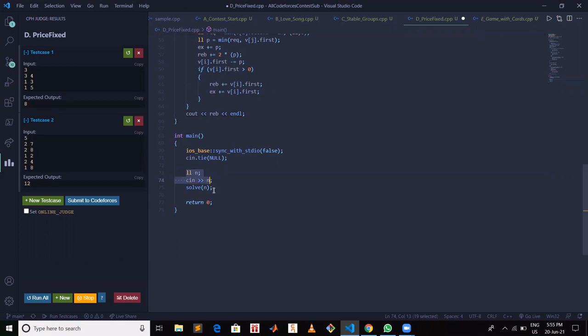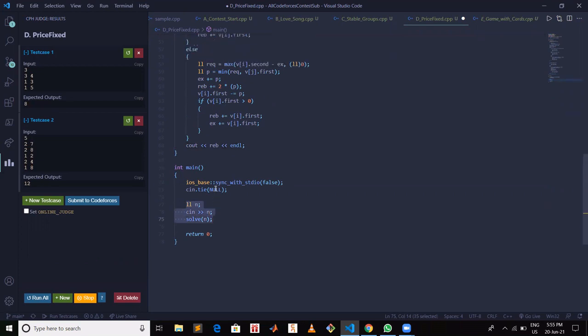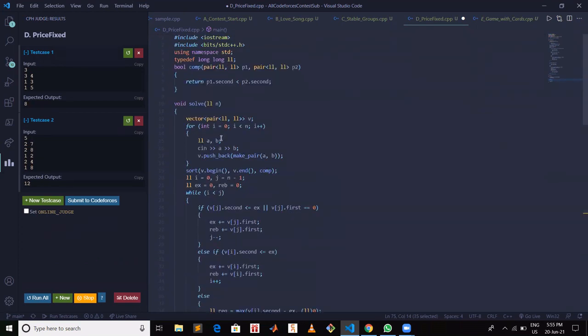All right, so we are getting an integer n, which is the number of products we have to purchase. Then I'm taking input ai, bi in the form of vector pair. So ai is basically the number of items for this ith product, and bi is the experience required for this ith product to get the item at half price.